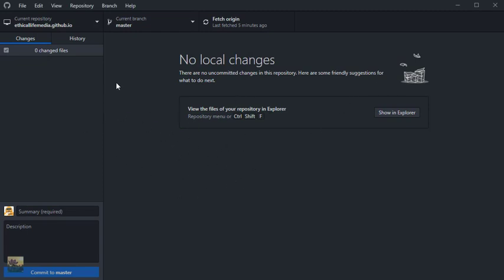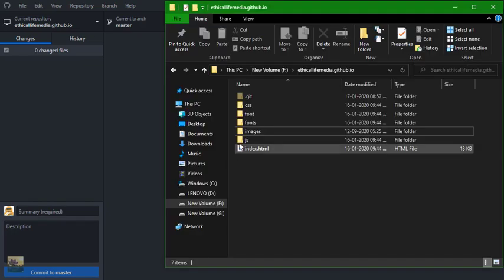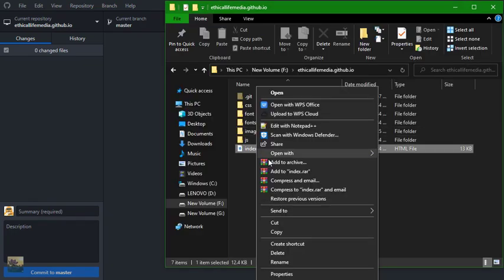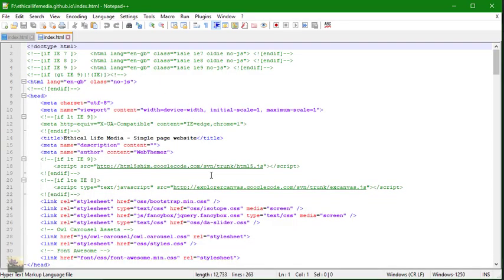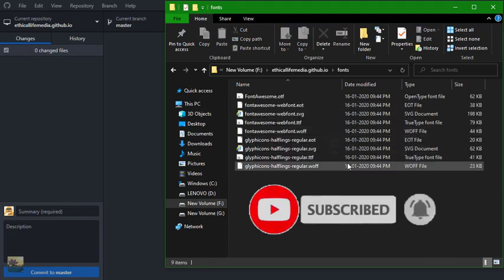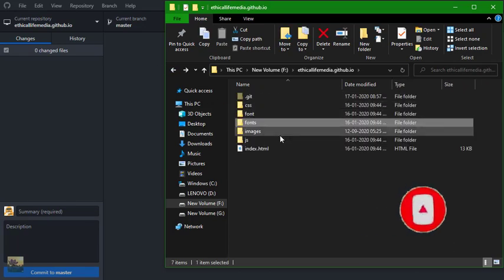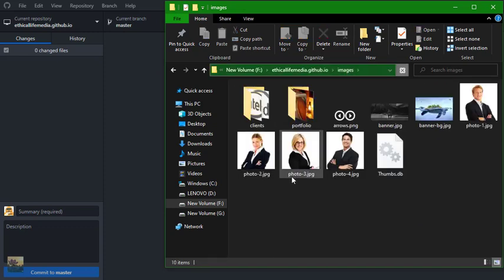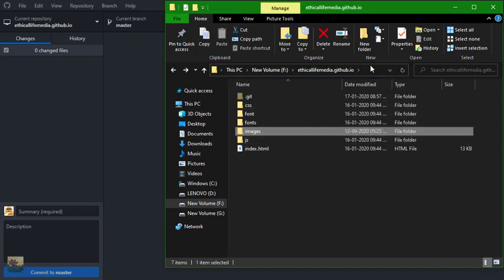We can do it here. And if you are a student and have done it, it is okay, but if you also want to make any other changes, simply open this folder and click on the index.html. I click on it, open the code editor and make more changes. Like if I want to change the fonts, go to the font section and change those fonts. And if you want to change the images appearing in it, like remove the default image and put your certificates, etc., you can also do that.